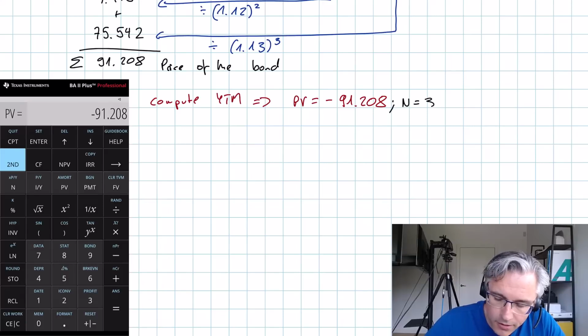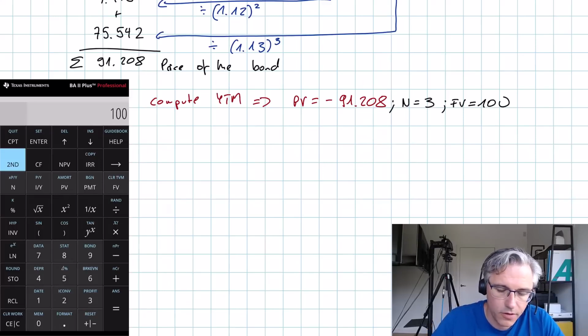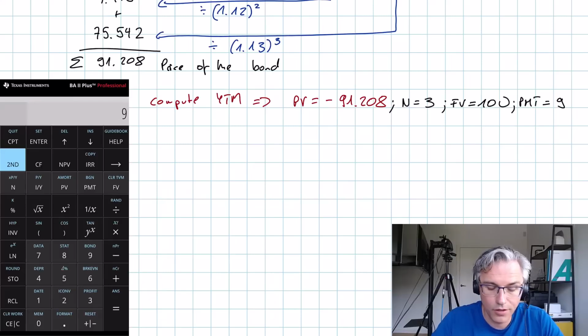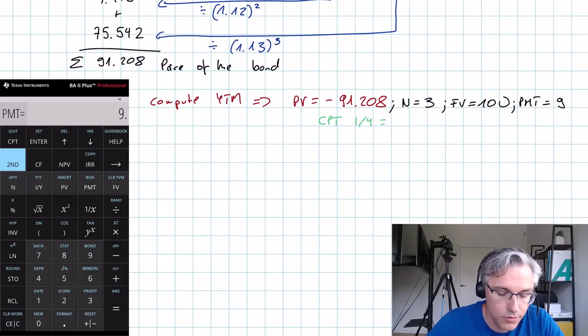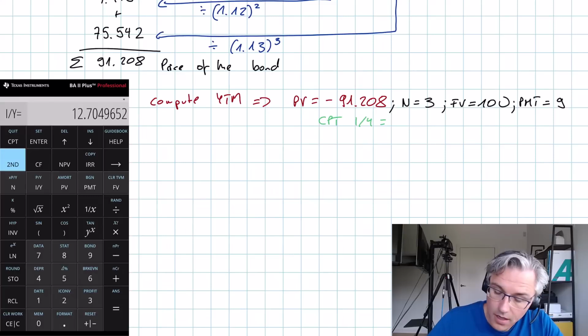I need an N of 3, so 3 followed by N. I need to tell the calculator that FV equals 100, so 100 followed by FV, and I need to tell the calculator what the PMT is. PMT is going to be, in this case, 9, so 9 followed by PMT. Good. And now I can get my calculator to compute I over Y, and it tells me